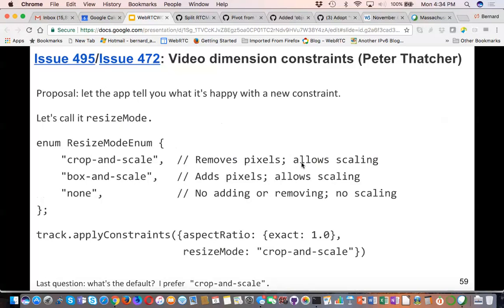This looks great with one exception. I don't understand the nut. Example. So that would mean you're not allowed to do a resize. So if it said an aspect ratio of exactly 1.0, if it's not one already, you get no frame. Correct. Okay. Love it. I'm not sure actually, right? That's one of